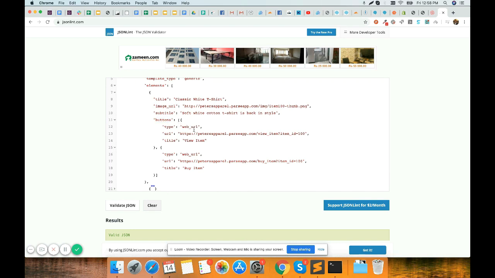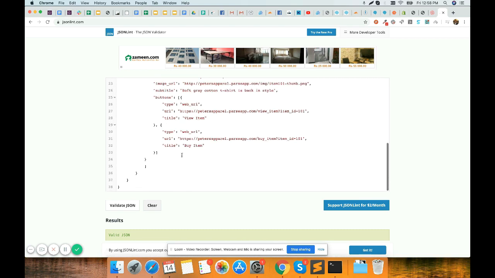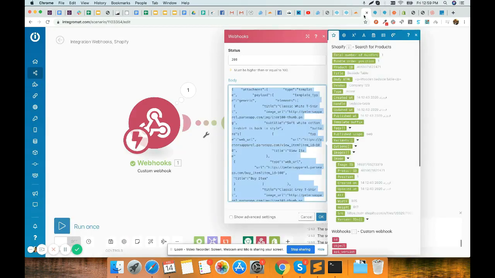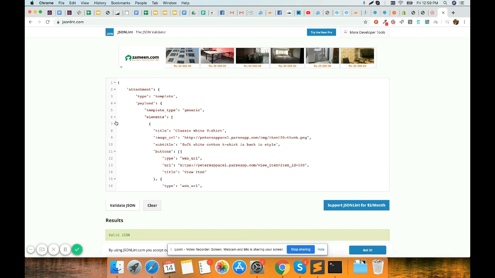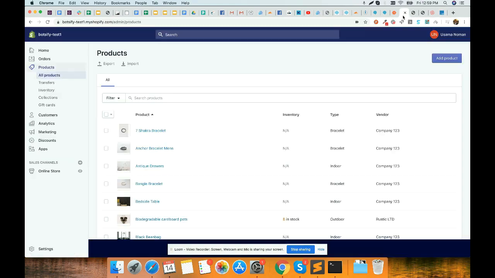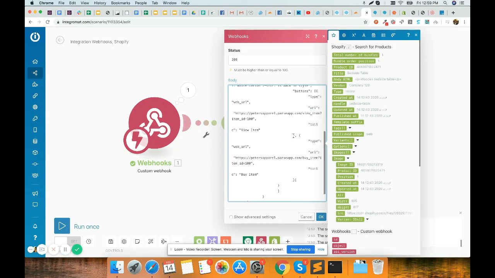And for the first one, we have the web URL, and for the second, we probably also have the buy item. I think we have the web URL for both. Let's go back to Botsify where we have the first item and the second item. So what I'm going to do in this particular case is remove the first one of these items, so my JSON is more simplified, and I'm going to go back to Integromat